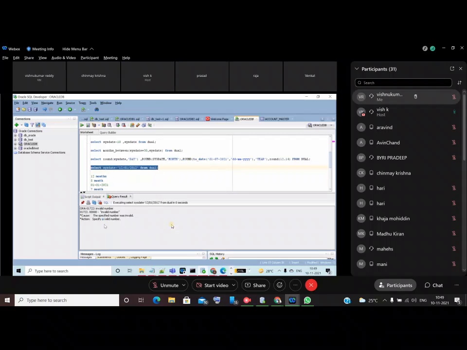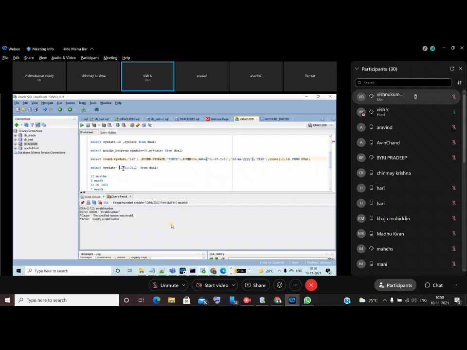When you write here, system will not understand this. As a human being, we know this is a date format. But as a computer, as a database, they don't understand this. Whether it is a number or a date, the system is not able to understand. So whenever you want to convert a date, you have to use the to_date function, guys.